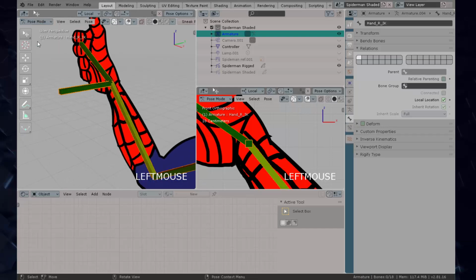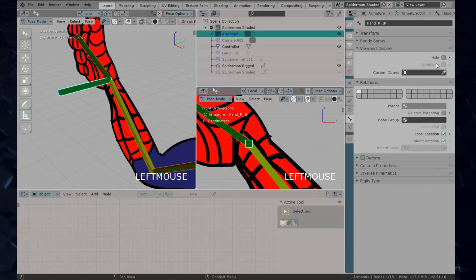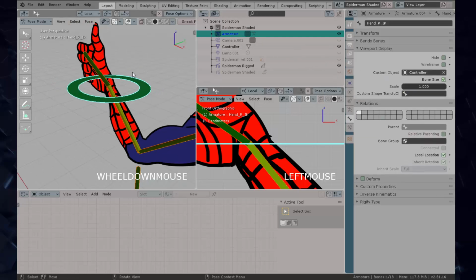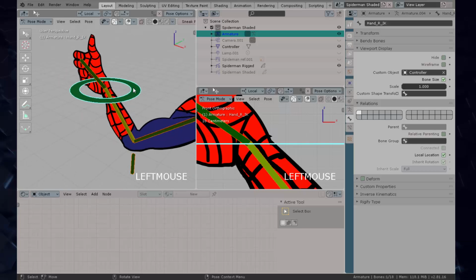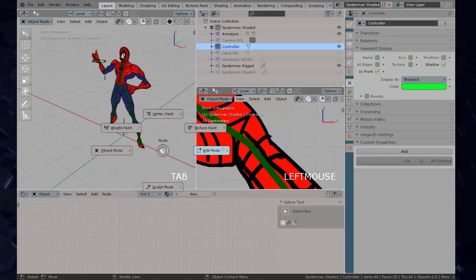We already unchecked deform because this is not going to be a deforming bone. Oh, I'm sorry, I was on edit mode. Here we go, pose mode. Select pose mode and then go to viewport display, and in pose mode viewport display you can select the object that we already created, and now we see that this is